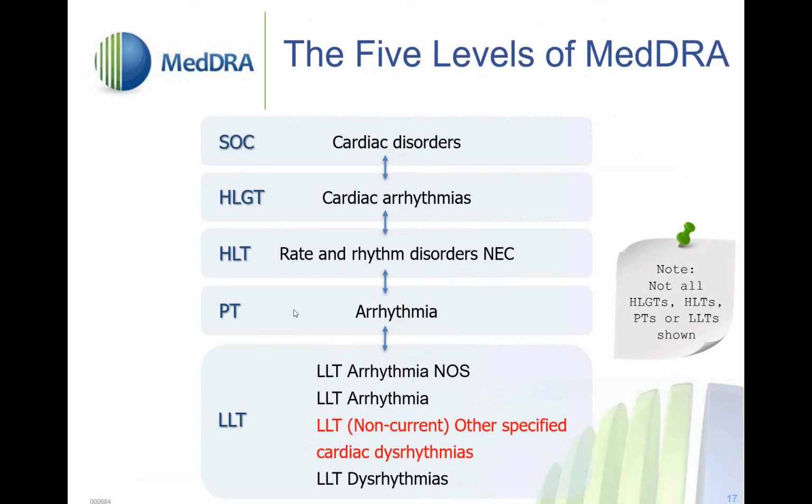In turn, the PT is linked to a high level term, and the high level term would be the rate and rhythm disorders not elsewhere classified. That in turn gets linked to a high level group term, an HLGT, which is in this case the cardiac arrhythmias, and that in turn gets linked to the system organ class, which is the cardiac disorders. So of course, this example is simplified. We're not showing all the possible LLTs, PTs, HLTs, and HLGTs within the cardiac system organ class,